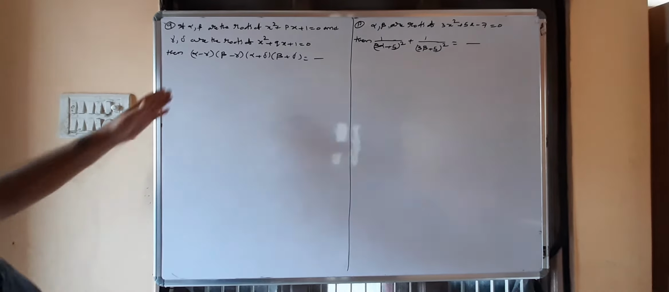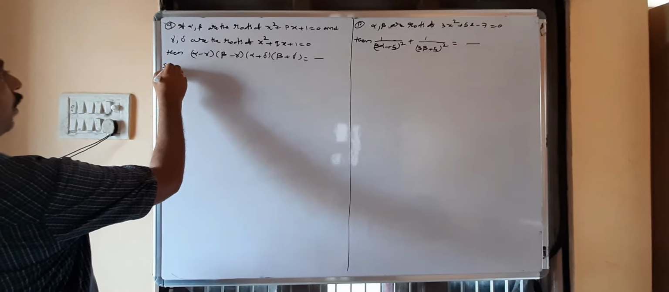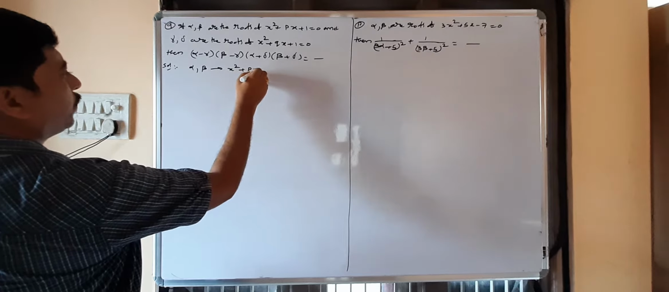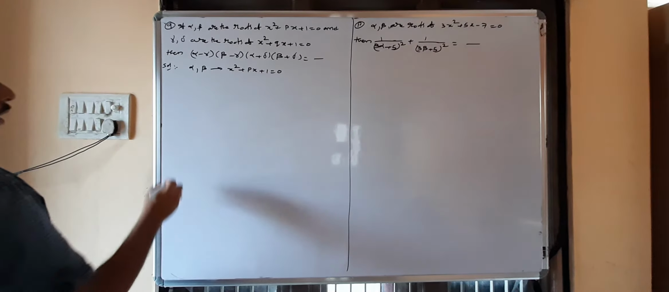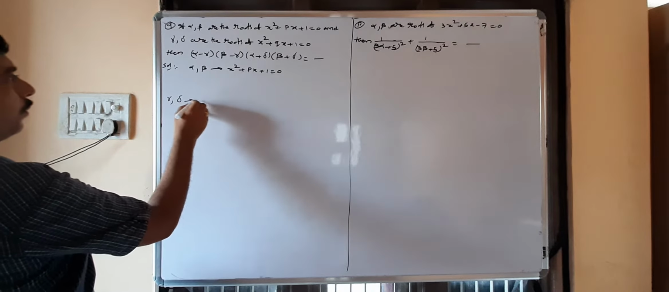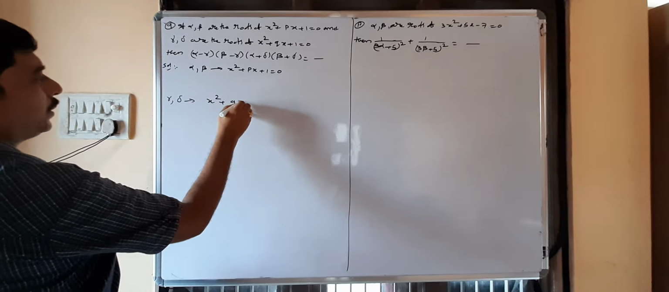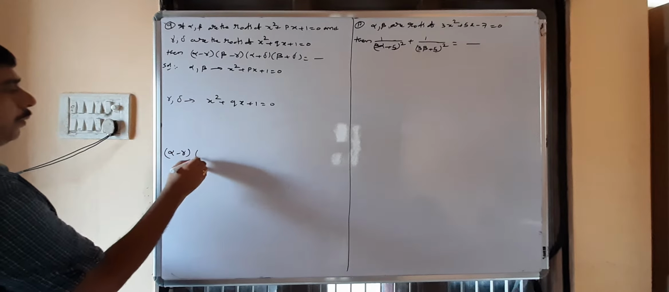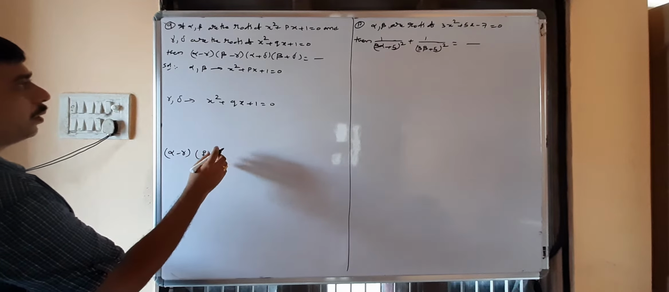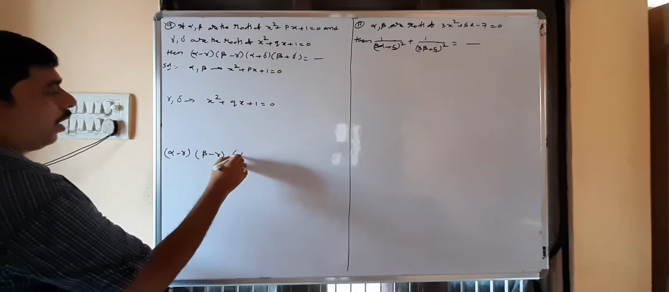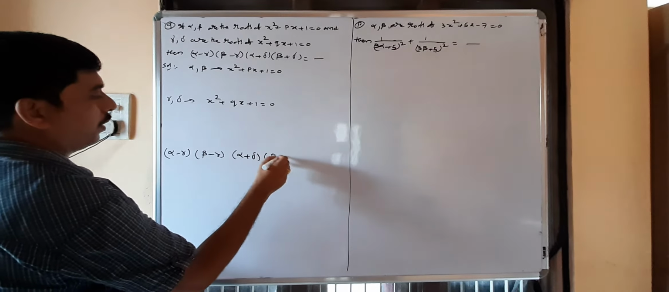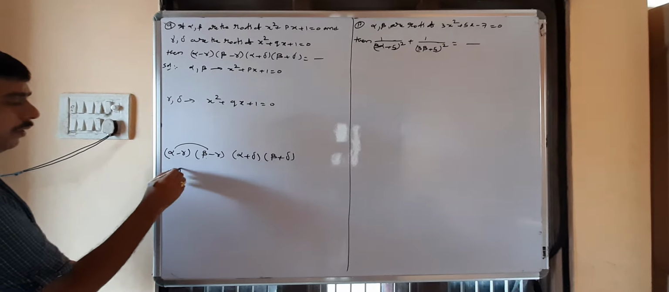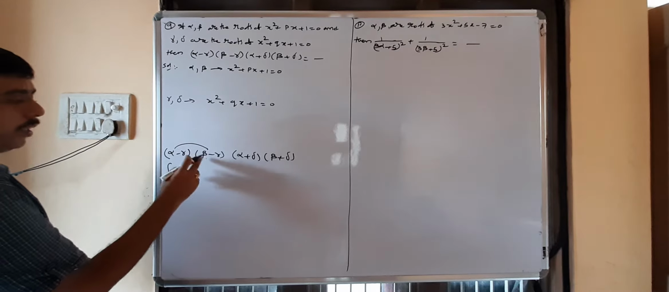Coming to next question. Alpha, beta are the roots of x square plus px plus 1 is given. Next, gamma, delta are the roots of x square plus qx plus 1 equal to 0 is given. They asked to find (alpha minus gamma)(beta minus gamma)(alpha plus delta)(beta plus delta). I will do one thing, I will multiply both: alpha beta minus alpha gamma minus beta gamma